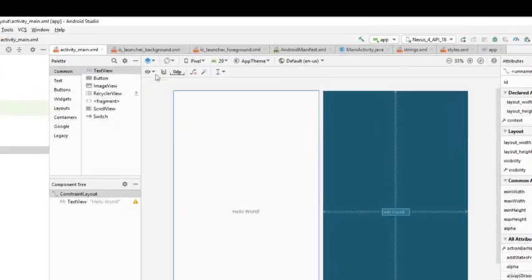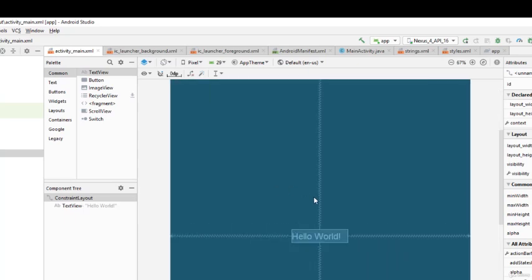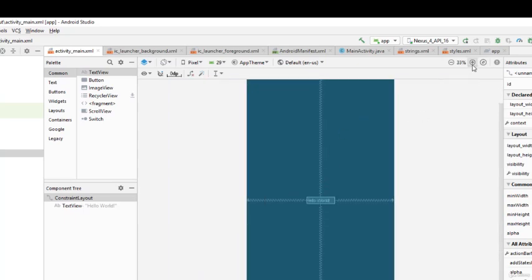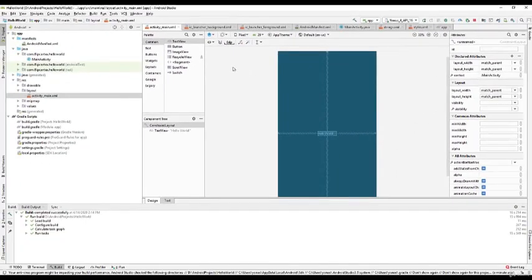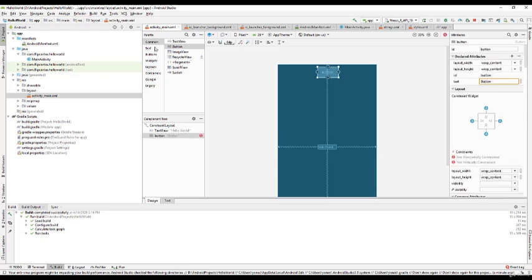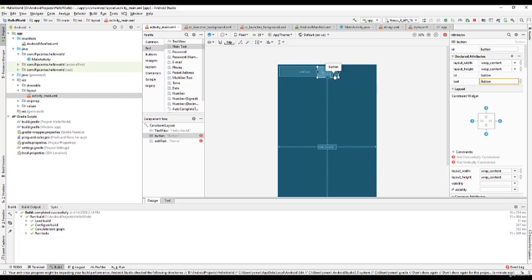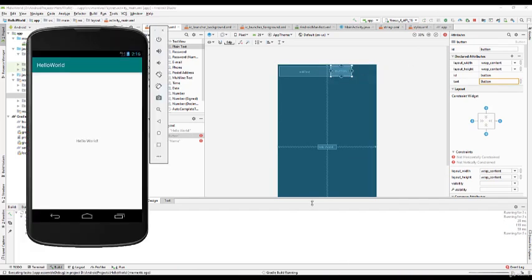We do not need to go too deep into this, but let's just add a button and an edit text for now. So first of all, in the view, you can set it to only see the blueprint. Then you can zoom in and out by scrolling in and out with Control pressed, or just by clicking on the zoom buttons. Okay, let's drop in an edit text and a button. If we were to run this as it is, you will see a few inconsistencies. So let's run. Here you can see they are on top of each other. This is because we need to configure the constraints.